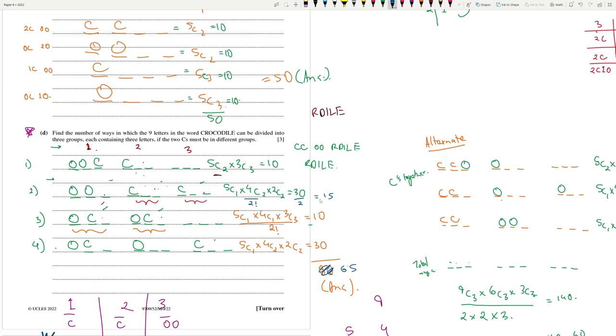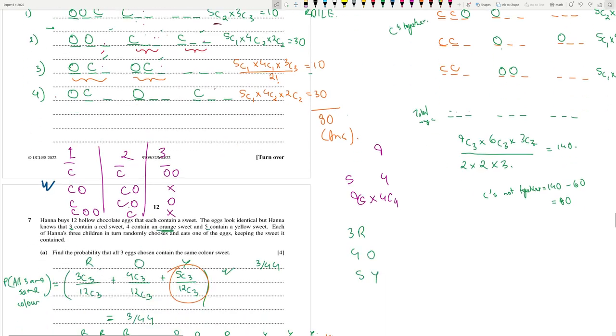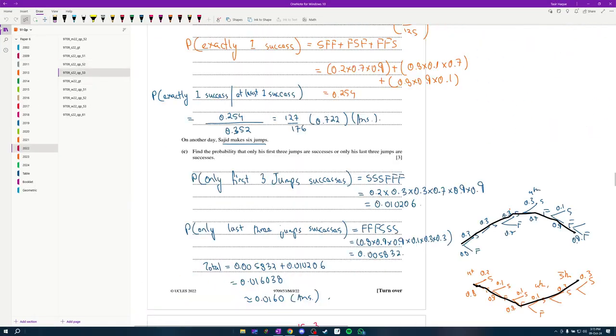But yeah, in the mark scheme that I linked in the description, I do have 80 given, but I personally think it should be divided by 2 because it's the same group. So if you guys get an update, please do comment below, and I'll then update the description in my original video. But yeah, if you add them up, you get the final answer. But it's very rare. This is the first time that a question like this came in the first place. So yeah, that's that. Anyway, let's move on to Major 2022